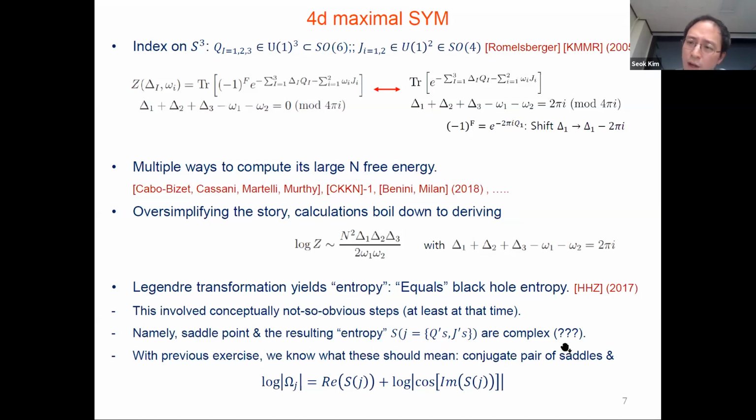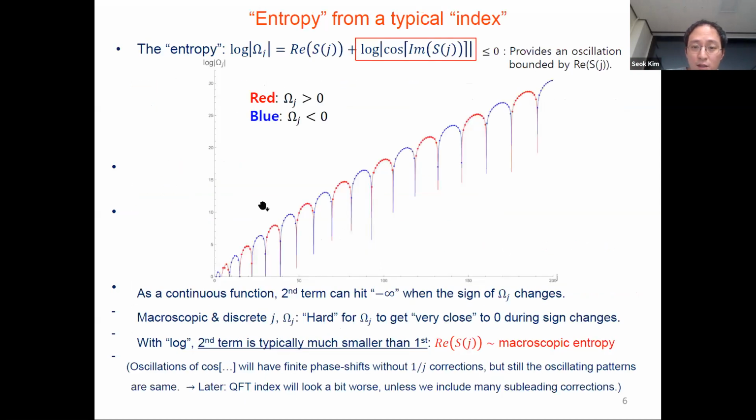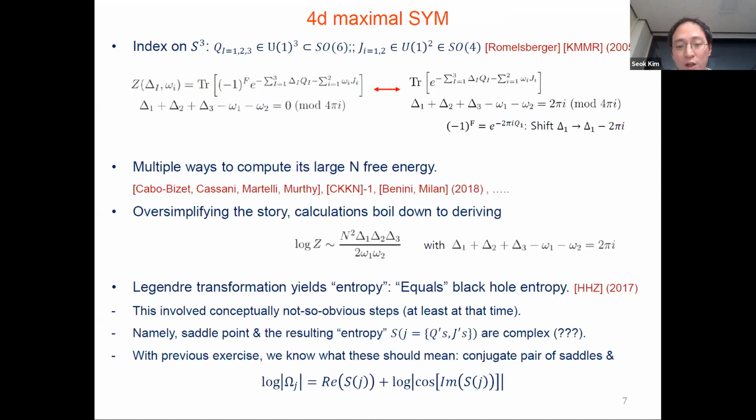Okay? So apparently it's confusing, but now in my viewpoint, especially with the toy model exercise, you know what the natural picture should be. There should be another complex conjugate saddle point, right? Because the underlying quantum field theory is unitary, the result should be a real number. So we naturally expect the existence of a second saddle point related to the one that has been found in this paper, so that the net entropy of the index is given by a similar formula to that explained in this toy model. Yeah, right? So I'm going to establish this one by one concretely in the context of N equal 4